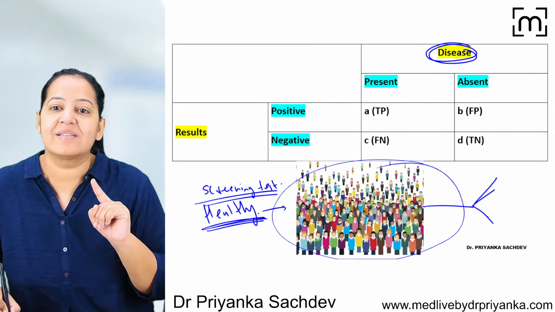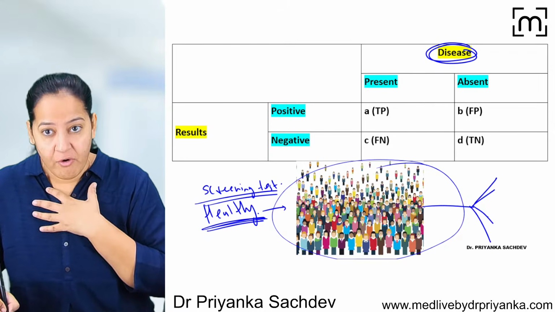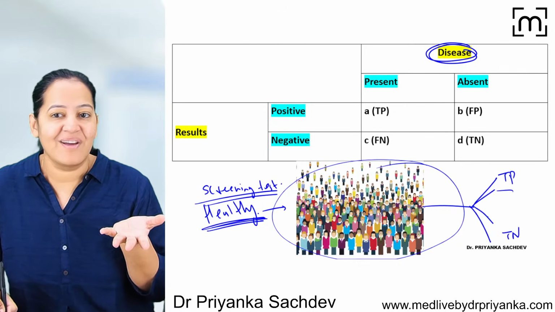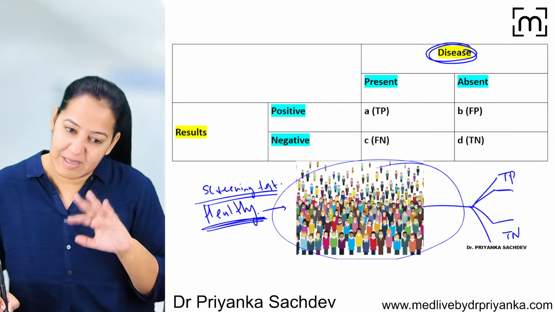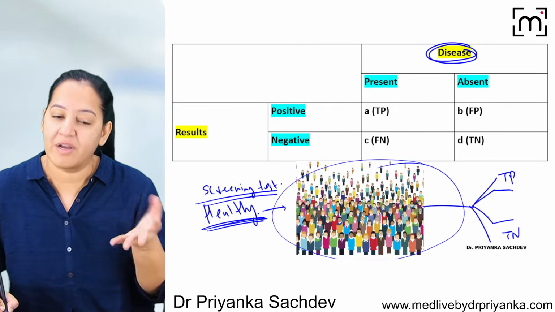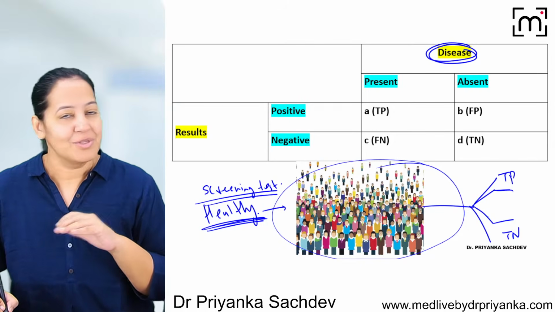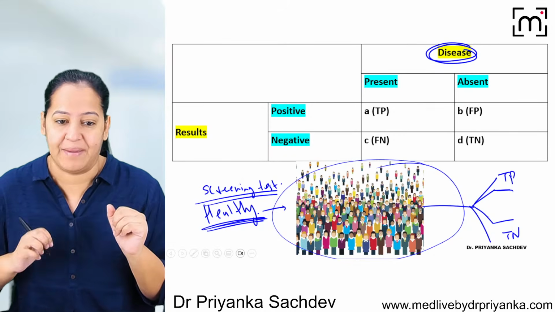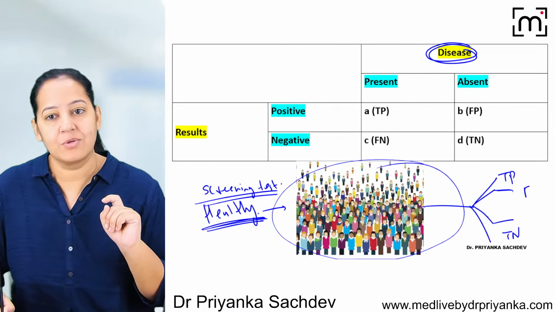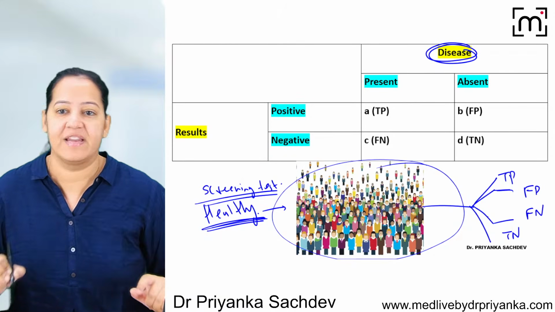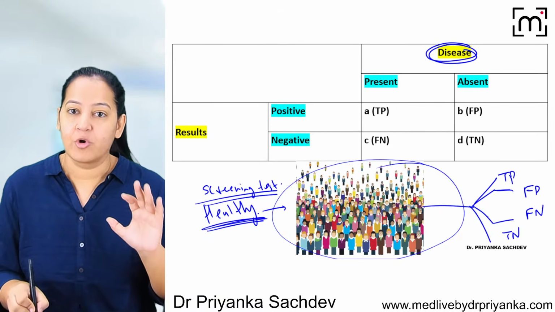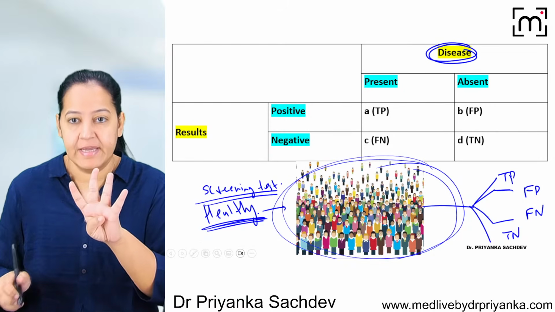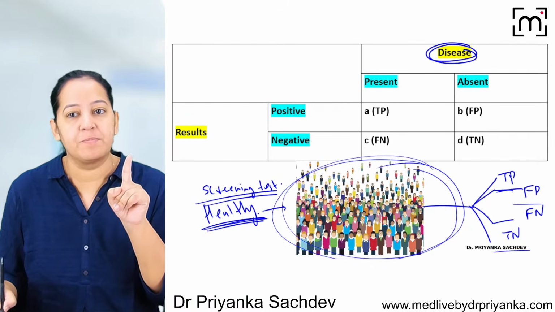But actually, the screening test is dividing them into 4 categories. I want them divided into only true positive and true negative. That's it. But nothing is 100%. All tests make some mistakes. There is nothing 100%, not even the Carnot engine. None of the screening tests is 100% accurate, I mean. So there are certain mistakes, and the false positive and false negative categories are also there. So we are dividing the group of healthy and apparently healthy people into 4 categories: true positive, true negative, false positive, false negative.